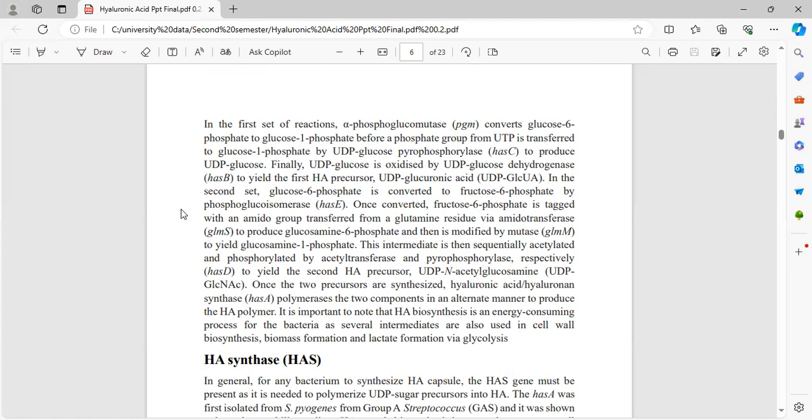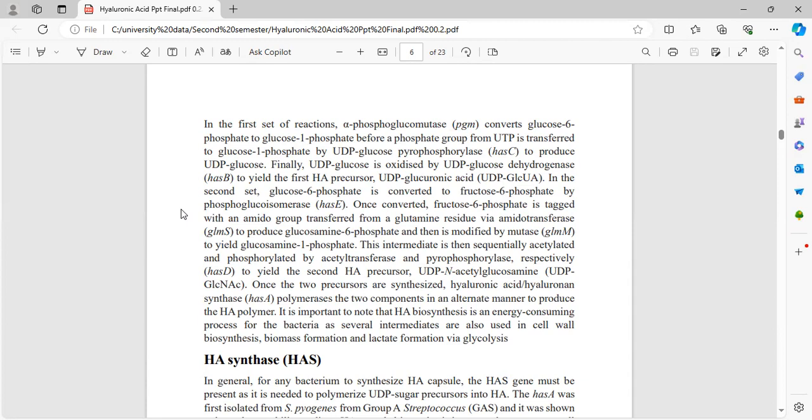In the second set, glucose 6-phosphate is converted to fructose 6-phosphate by phosphoglucose isomerase. Once converted, fructose 6-phosphate is tagged with an amino group transferred from a glutamine residue via aminotransferase to produce glucosamine 6-phosphate, and then is modified by mutase to yield glucosamine 1-phosphate. This intermediate is then sequentially acetylated and phosphorylated by acetyltransferase and phosphorylase respectively to yield the second hyaluronic acid precursor,